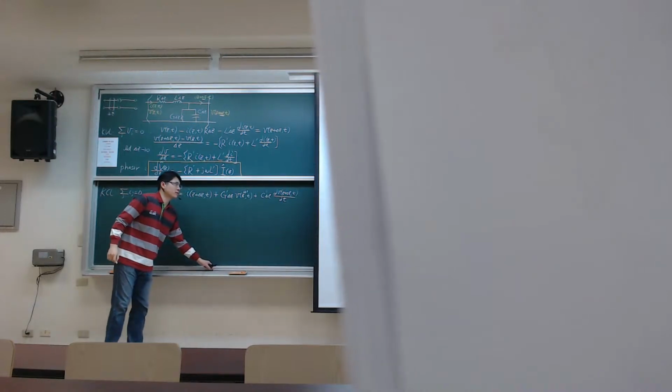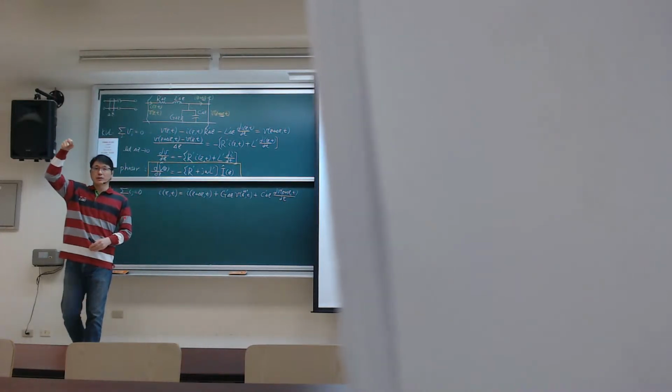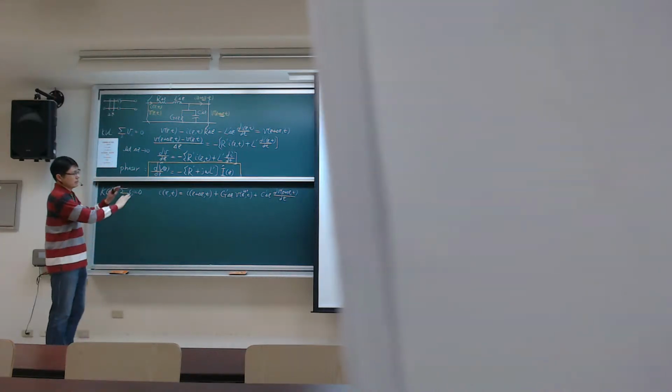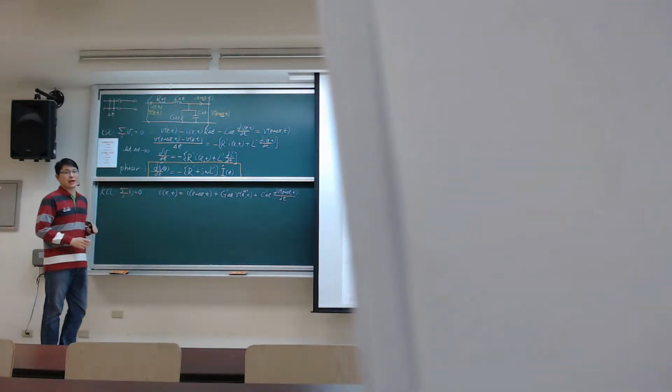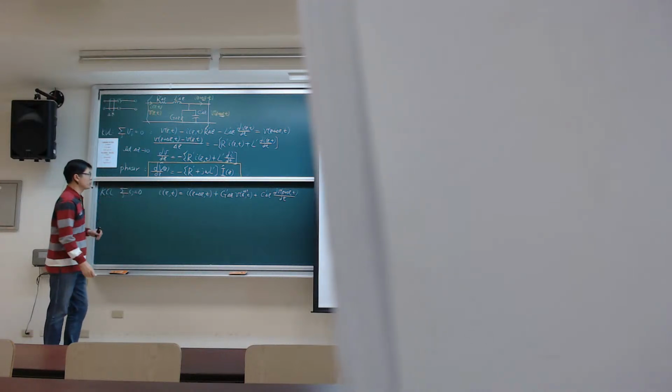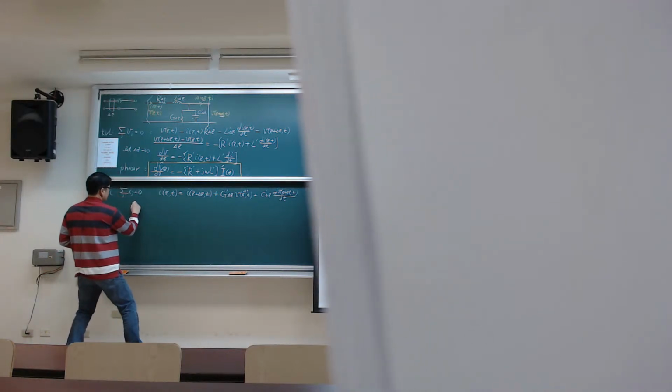So the third range is the current flowing across the capacitor. Right? Again, I'm using the same mathematical strategy. I'm moving the voltage to one side and the current to the other side. All right, so I have